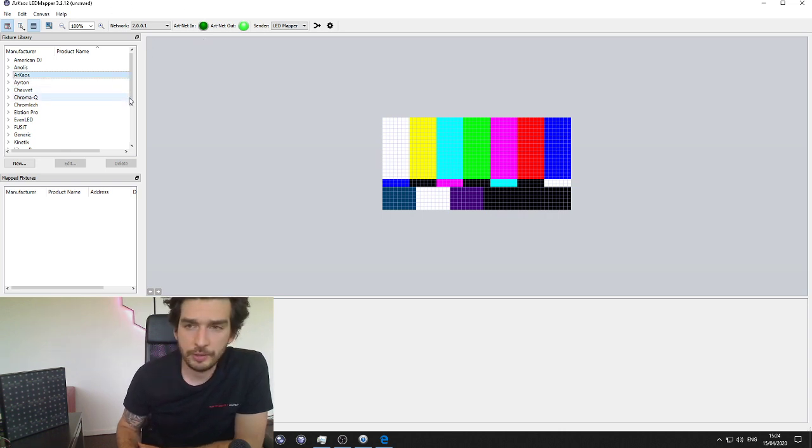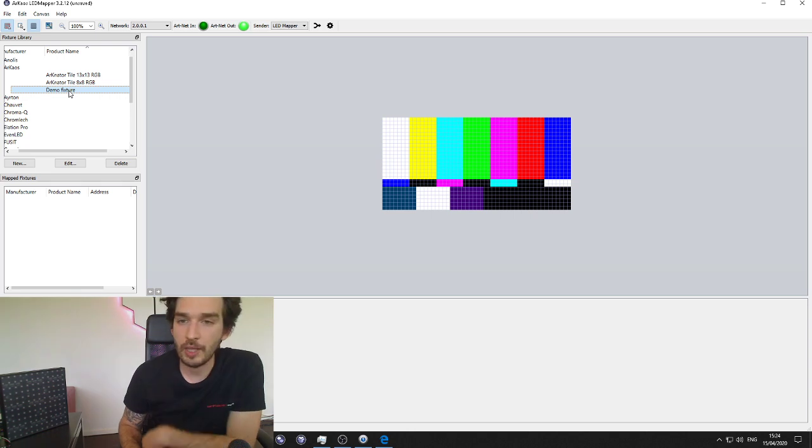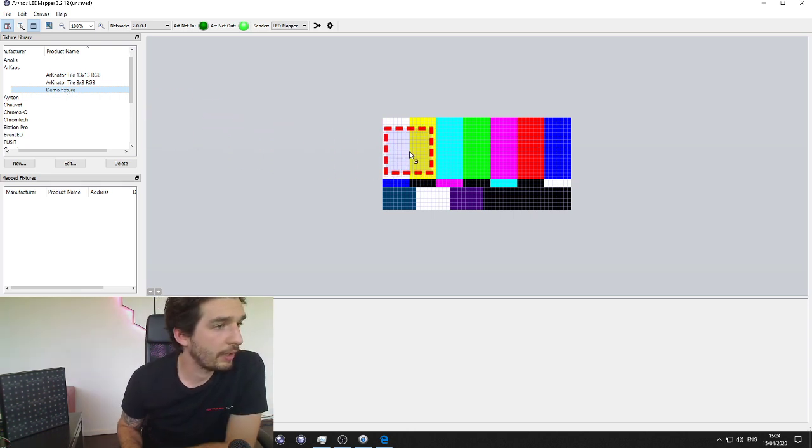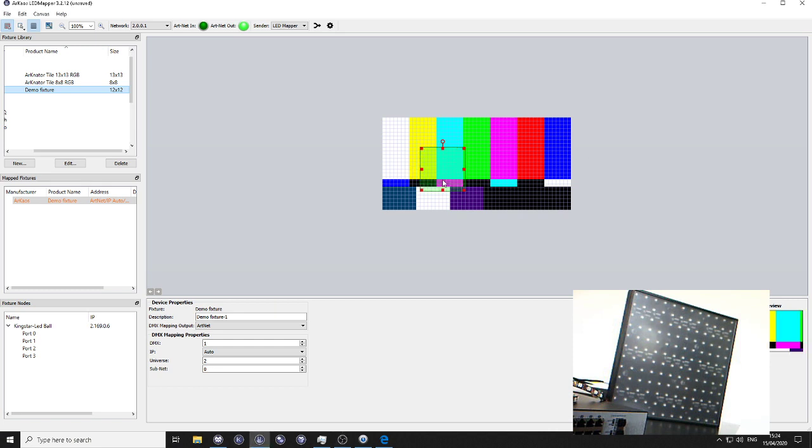My fixture is stored automatically in my manufacturer that I forgot was Archeos. Yeah, okay, Archeos demo fixture. Here we go. I take it from my list, drag and drop it on my output. Let me switch to that. I drop the fixture on my output. You can see bottom left right here the name of my fixture in ArtNet, the DMX address of my fixture, IP, we're gonna see the IP a little bit later on, subnet, and universe.